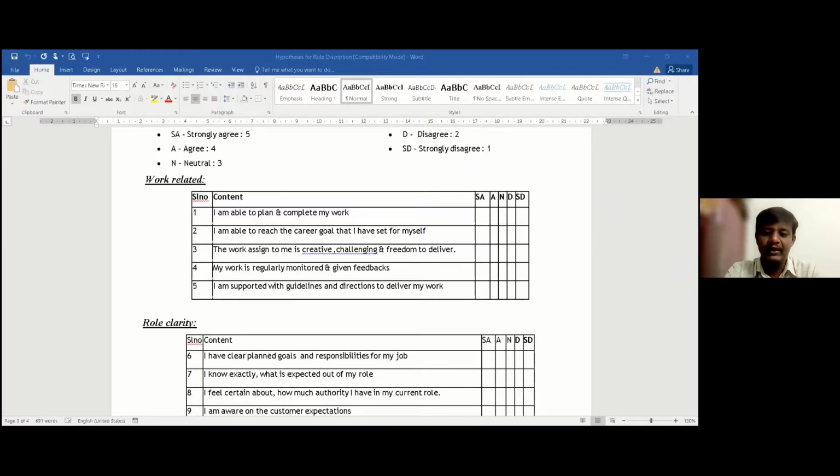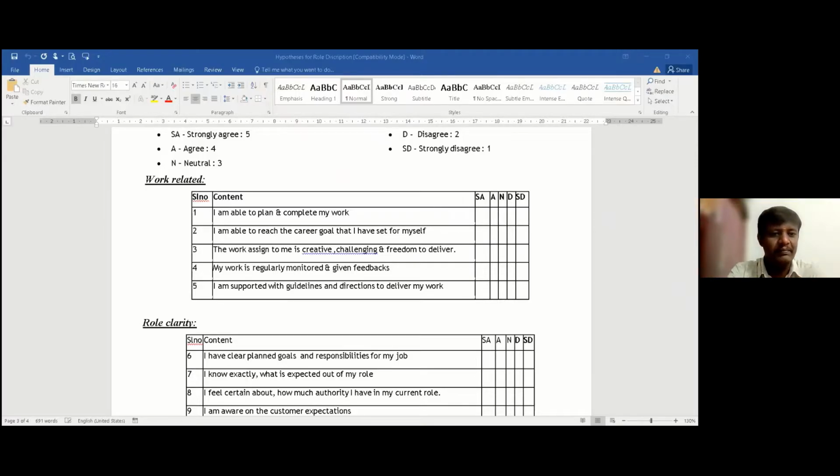To apply paired samples t-test, we need 2 variables, and both should be ordinal variables or both should be scale variables. Here I'm going to combine role clarity and performance related variable. Both are scale variables, so the condition is satisfied. We can straight away apply the paired samples t-test.